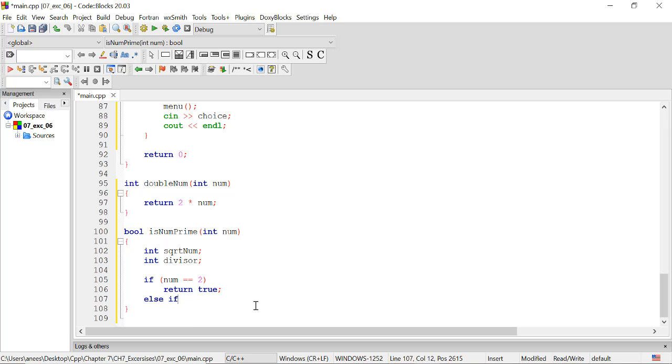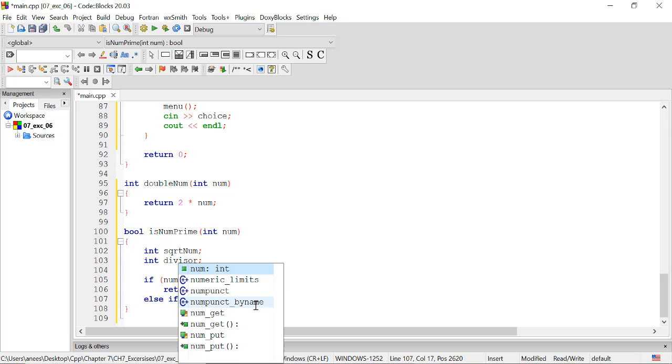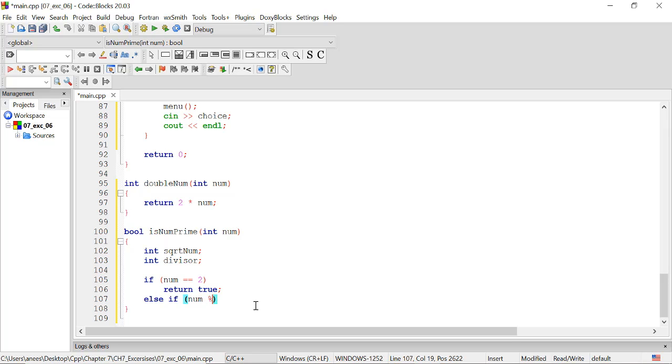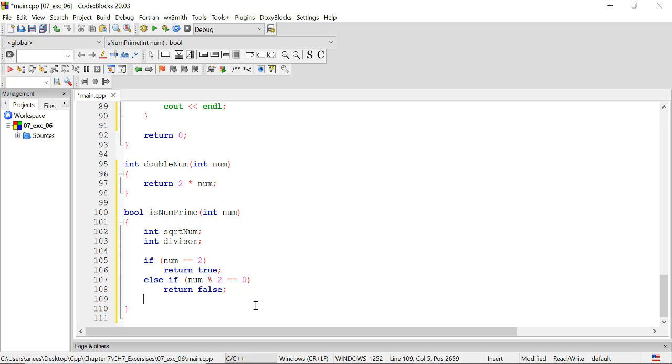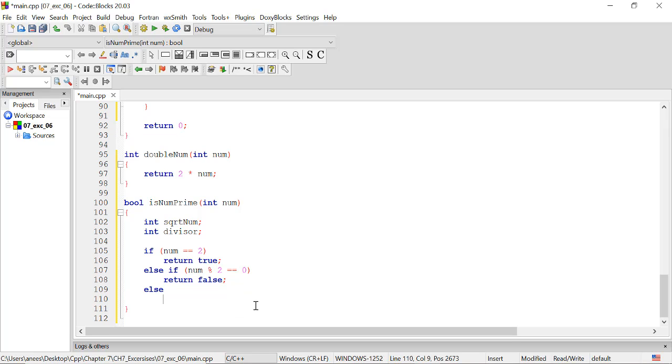Else if num % 2 is equal to 0, then we return false. Else we can write in